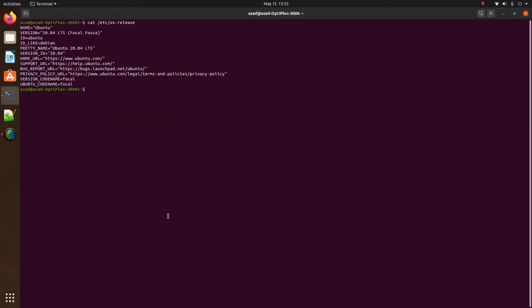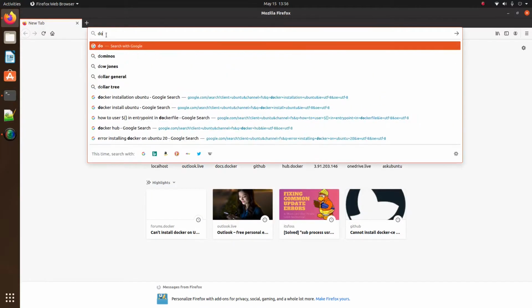In this video, we will install Docker on Linux operating system. I'm using Ubuntu 20.04 LTS version, and you can check by using the cat command. Let's go to the browser and type in Docker install